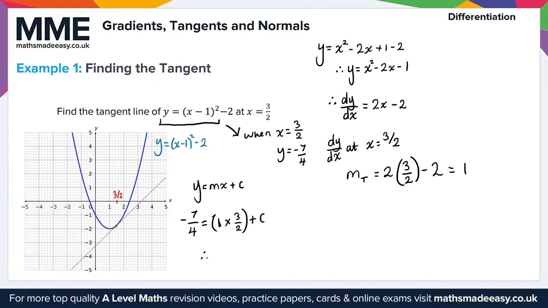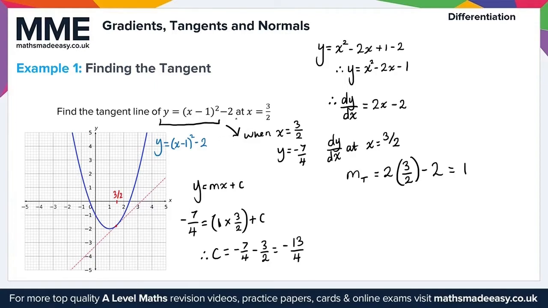So therefore, c is going to be equal to minus 7 over 4 minus 3 over 2, because this simplifies to 3 over 2. So we need to subtract that off both sides here. And then in that case, c is equal to minus 13 over 4. And therefore, in that case now, we have everything we need to obtain the tangent line to